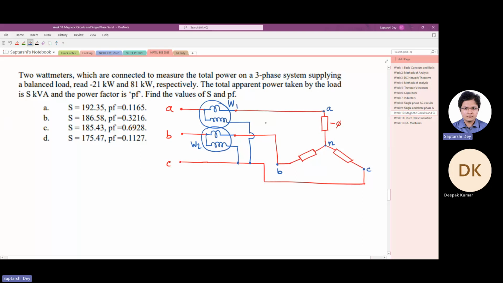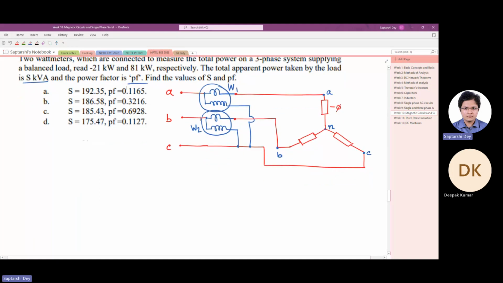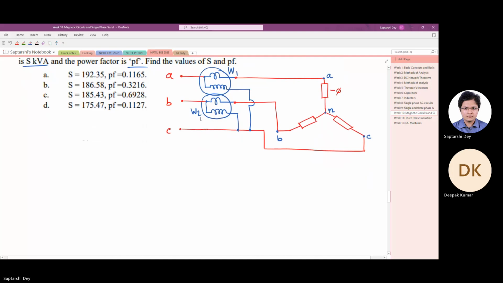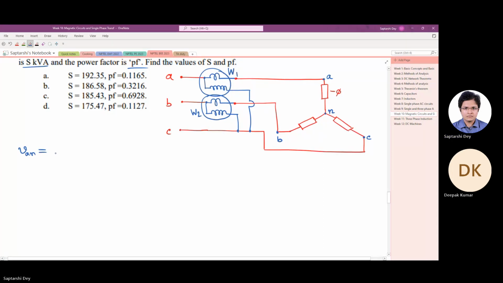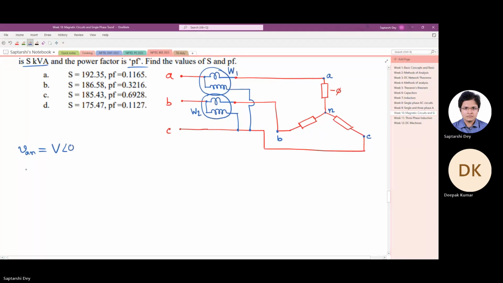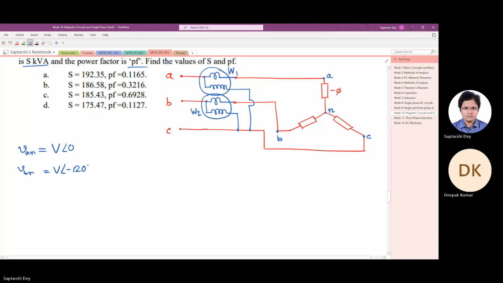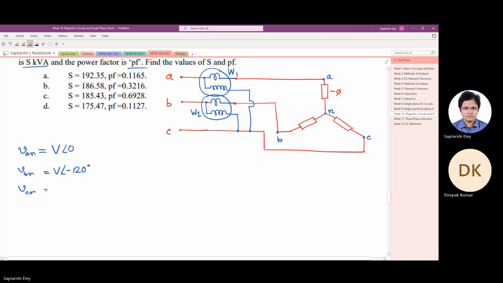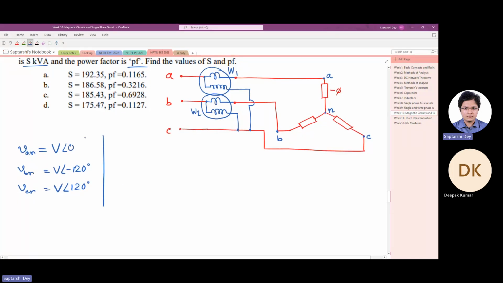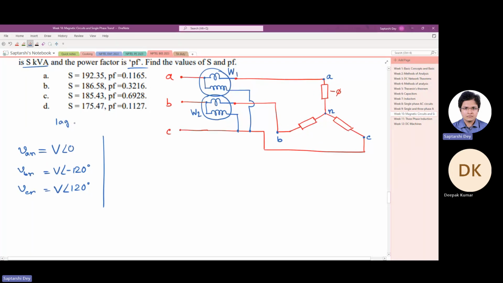So the question is, how much is the apparent power? How much is the power factor? So to do that, we will quickly write down the voltage and currents. I am writing, you tell me if there is any doubt. So these are the phase voltages, and we take the load say as a lagging load of power factor 5. Then the currents will be